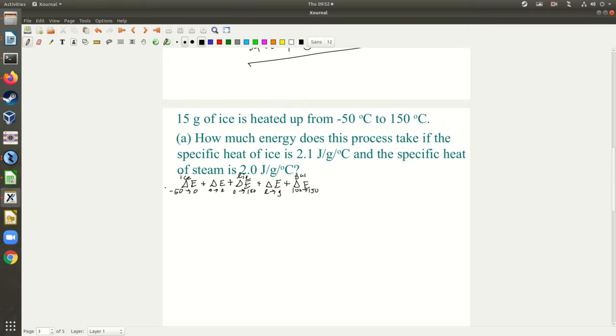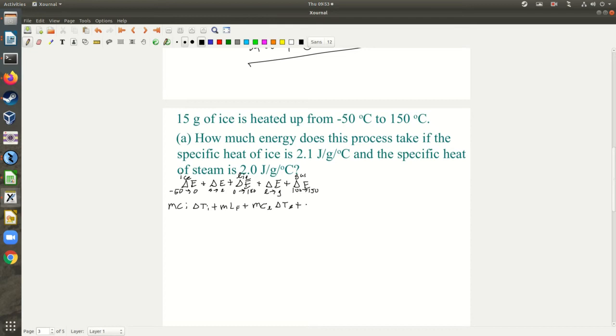So my easiest way is to write out the formulas. This will be M, and I'll say Ci for C of ice, delta T of I for ice, then the latent heat of fusion, which times the mass, which will be MLF, plus, once it changes over to a liquid, we need to heat it from 0 to 100, so that'll be MCL, delta TL, L for liquid,